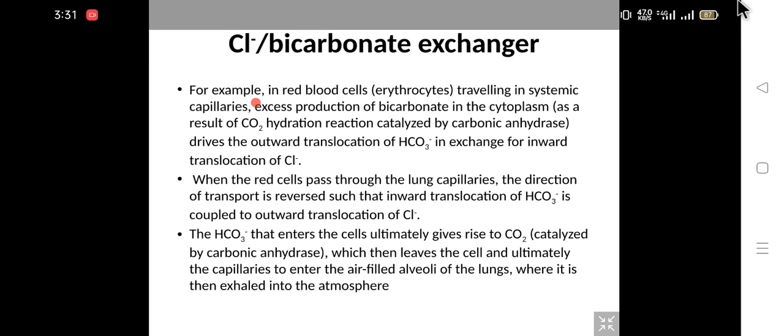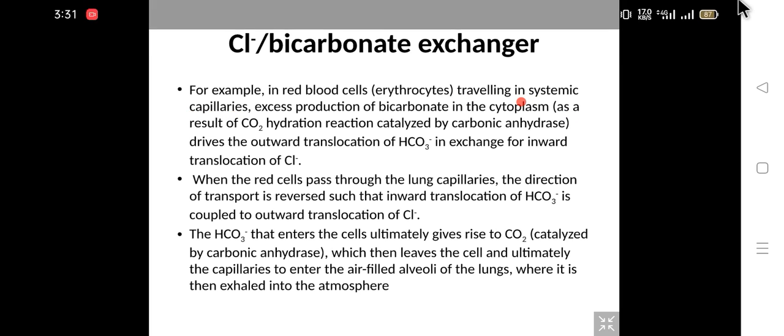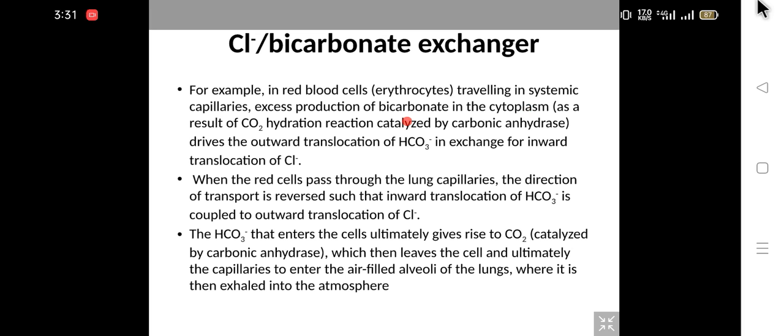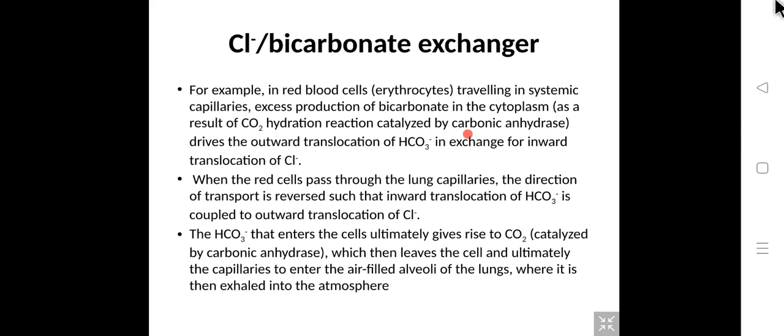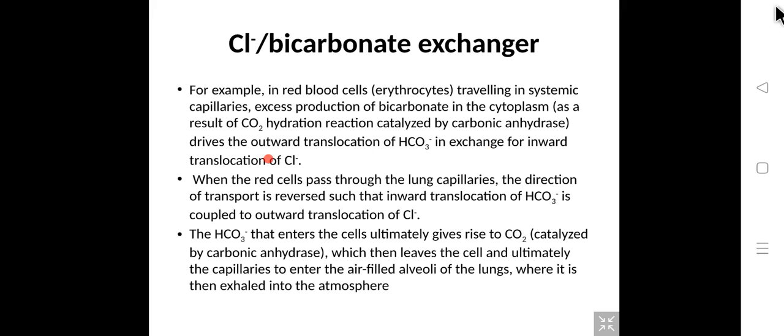So here's an example. In red blood cells, also biologically known as erythrocytes, traveling in systemic capillaries, you do know why these capillaries are called systemic. That's in your physiology. Excess production of bicarbonate in the cytoplasm of erythrocytes as a result of the carbon dioxide hydration reaction, which is catalyzed by carbonic anhydrase, will drive the outward translocation of bicarbonate ions in exchange for inward translocation